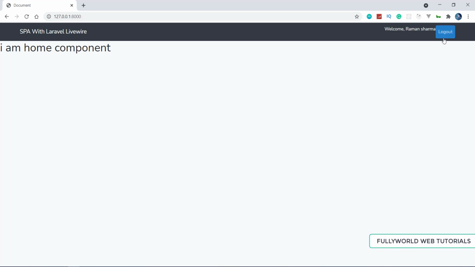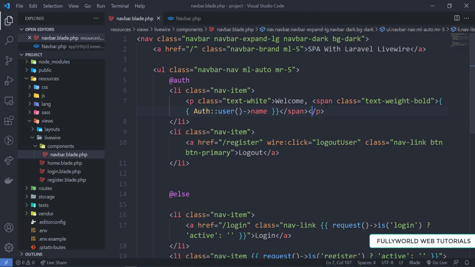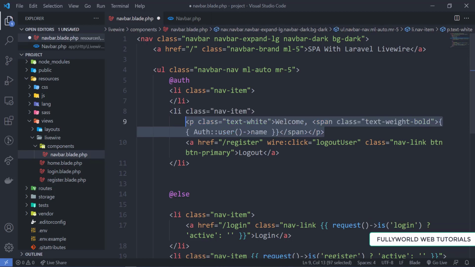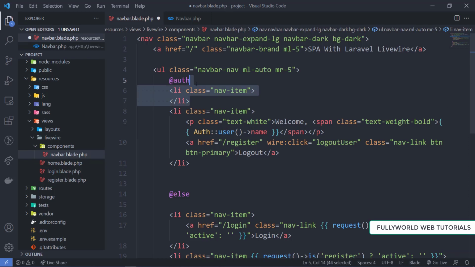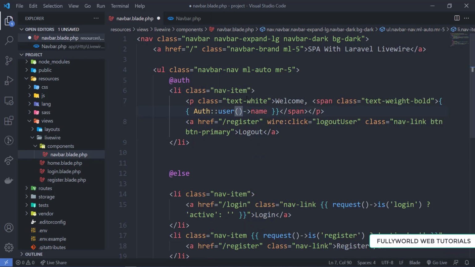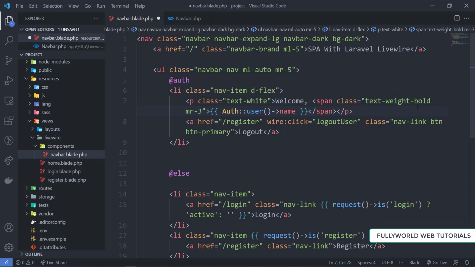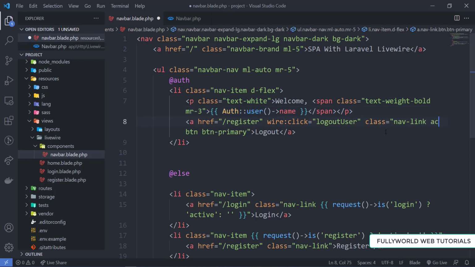See that we are getting it like this, but it is not in the right format. So here I am doing one thing. Let's add only one li, and it will have display flex, d-flex here, and I am going to write margin right to 3, and it will also have the class active.